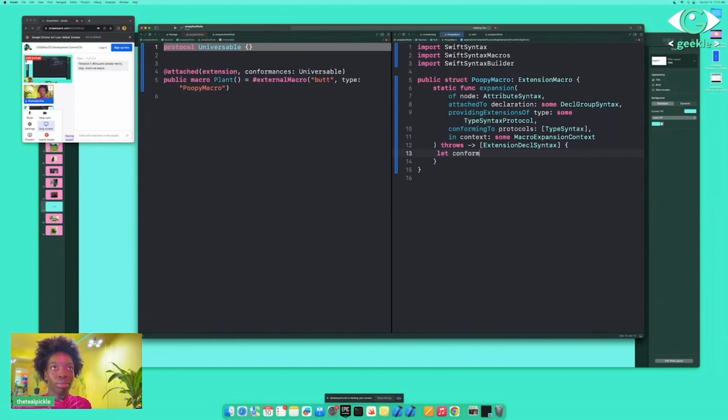And this is actually going to be an extension decl syntax. Okay. And we're going to add the extension as well as extension to our type. So you notice part of the parameters, one of the parameters